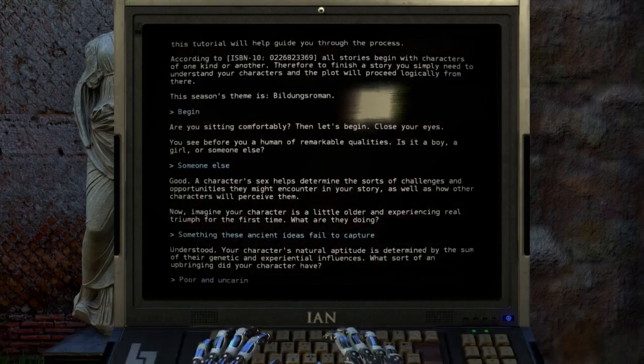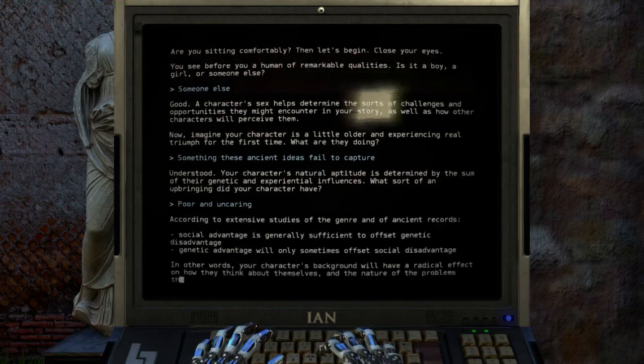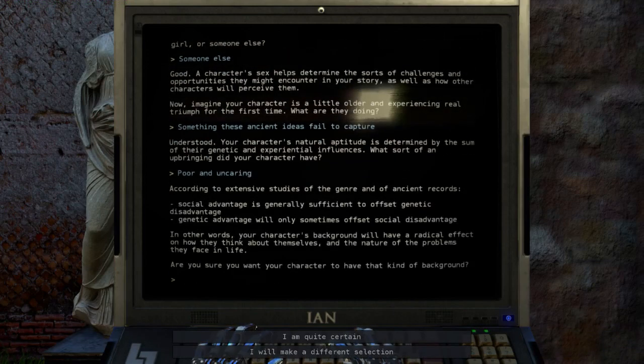Poor and uncaring. They have not and they care not. According to extensive studies of the genre and of ancient records, social advantage is generally sufficient to offset genetic disadvantage. Genetic advantage will only sometimes offset social disadvantage. In other words, your character's background will have a radial...